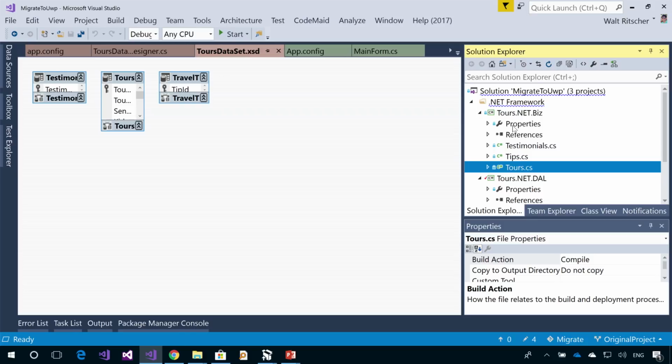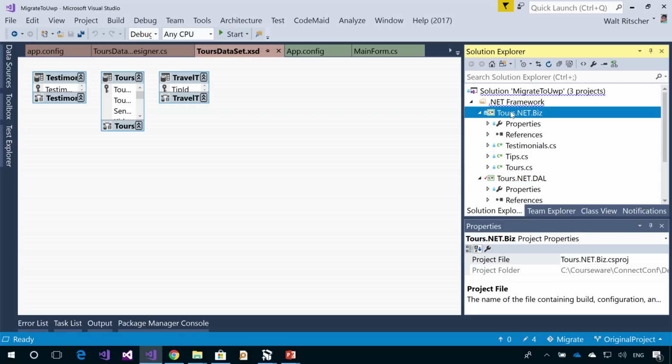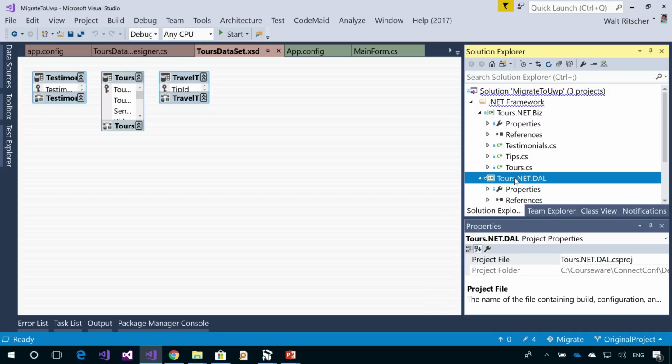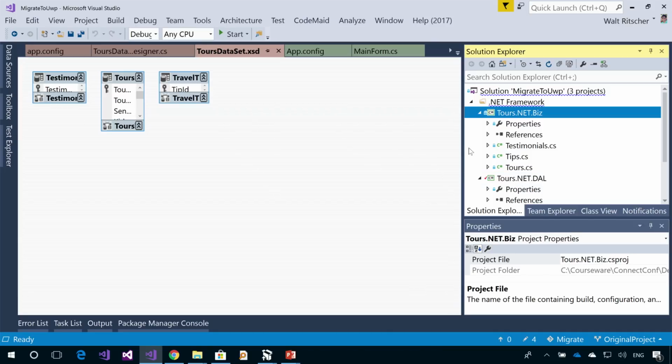And this is not a well-written set of class libraries. There's a lot of tight coupling between the business layer and the data access layer. For instance, there's a bunch of references to the SQL data table here, which I personally don't think should be in that library. But this is true of a lot of legacy applications, so this makes a good example. So what we are going to do is run this analyzer on this. And I can do that